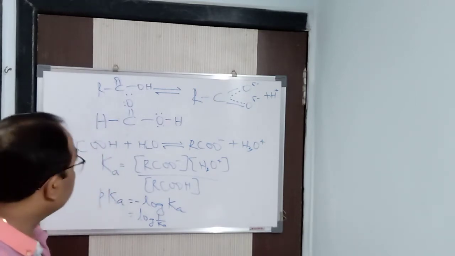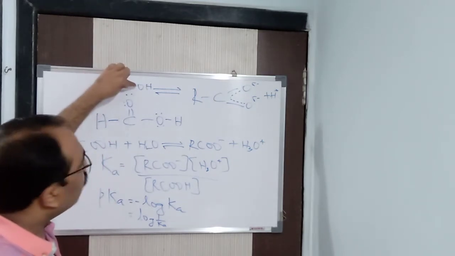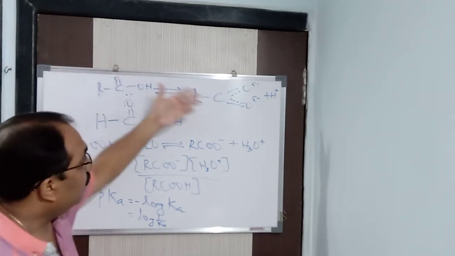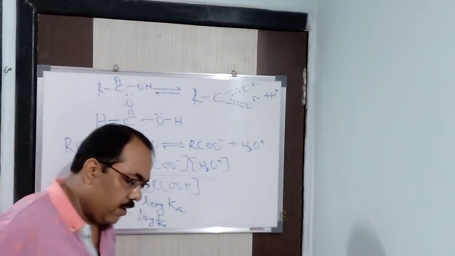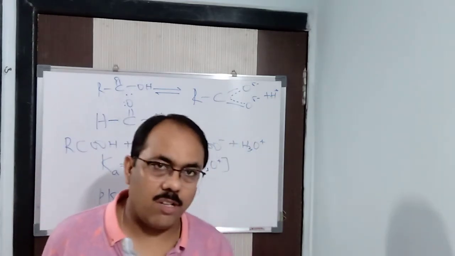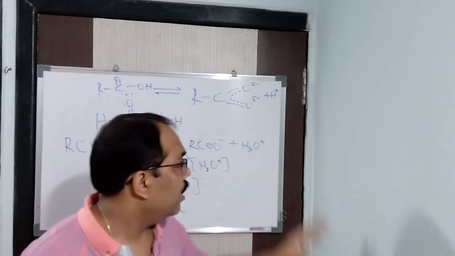Otherwise, the bond length of this would be smaller and this would be bigger, because this is a single bond and this is a double bond. So the bond length would be less for one and more for the other. But here it is not so. Alright, in this way, all these factors tell us that the carboxylate ion is